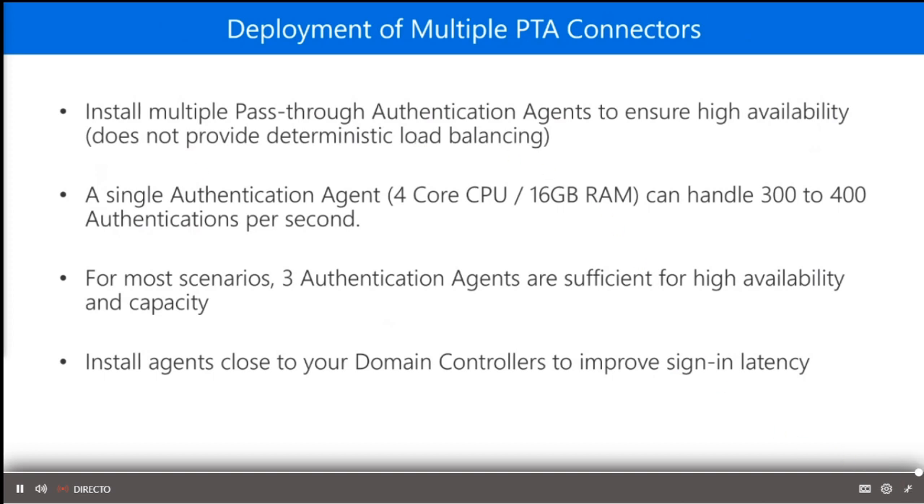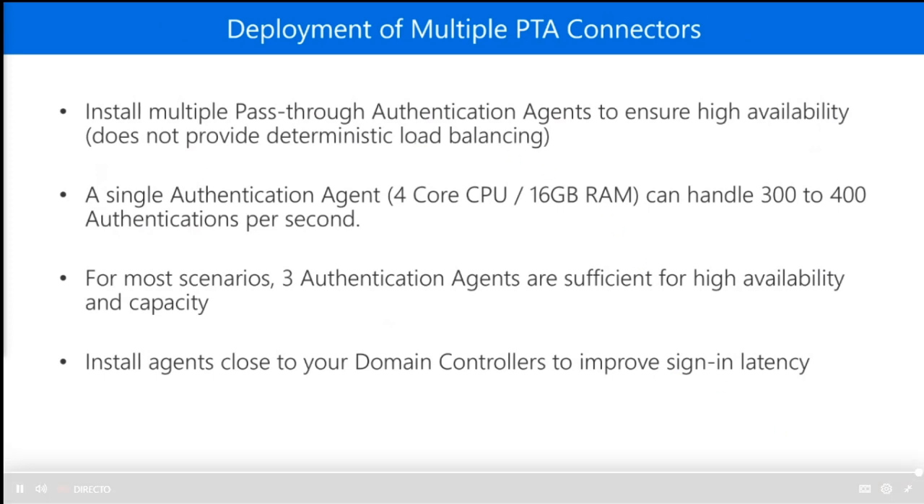So when you're starting to measure things, a single authentication agent, think 4-core CPU with 16 gig of RAM, can handle between 300 and 400 authentications per second. Because of this, in most scenarios you're pretty good with just 3 authentication agents for high availability and capacity. And you want to install these agents close to your domain controllers in terms of network closeness to improve sign-on